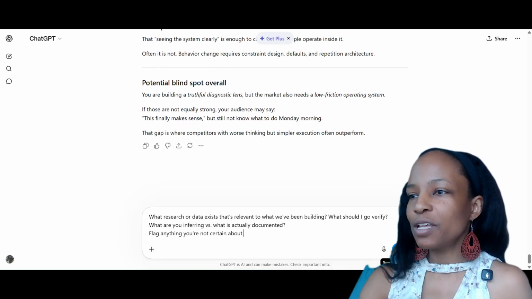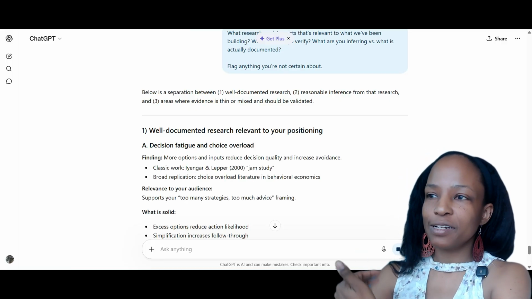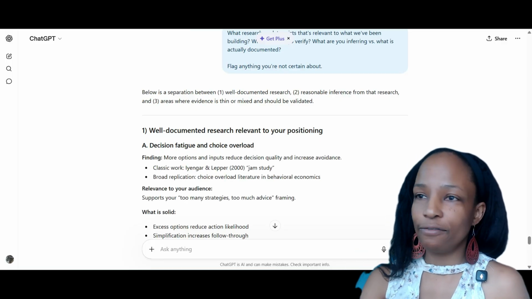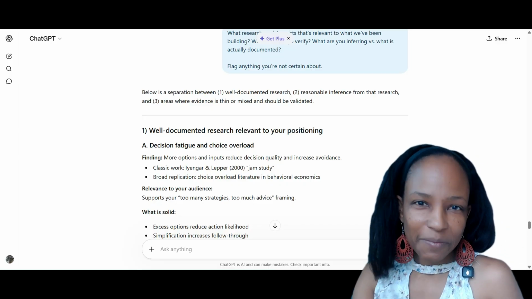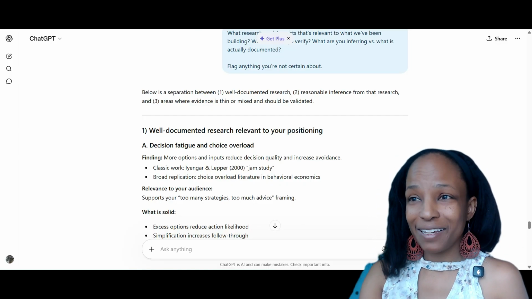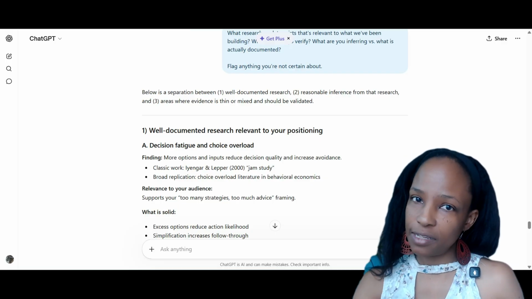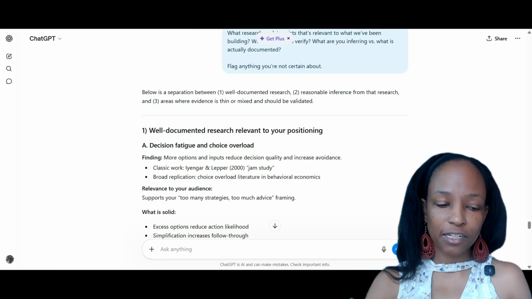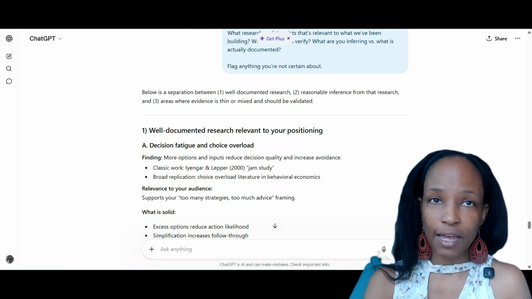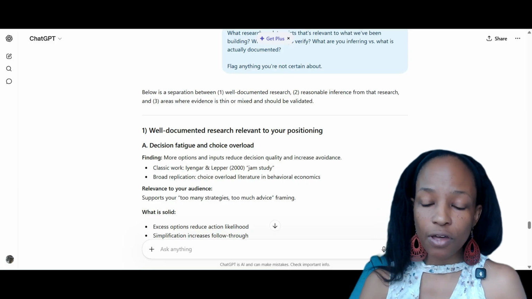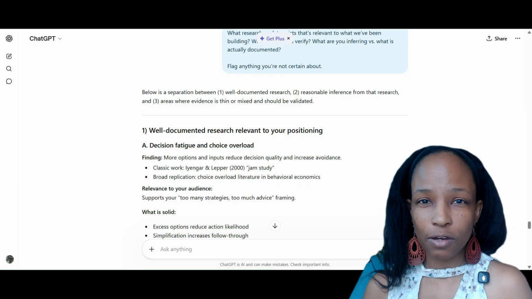So, you want to make sure that you take your time to read the outputs, read where it's getting its research. Of course, I'm using a really cheap and free model, so it's not going to give me great outputs, but that's the point because I'm doing a demo. I don't have time to sit and watch it think. But if I was doing this for real, I would have all my context front-loaded. I would be using more of a thinking, reasoning model. I would be vetting the chain of thought. I would be looking at sources. I would be doing a lot more than what I'm doing on screen right now.